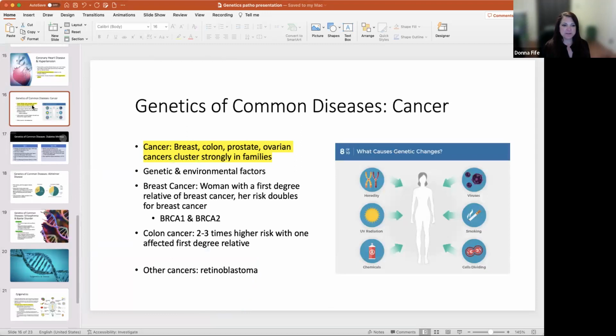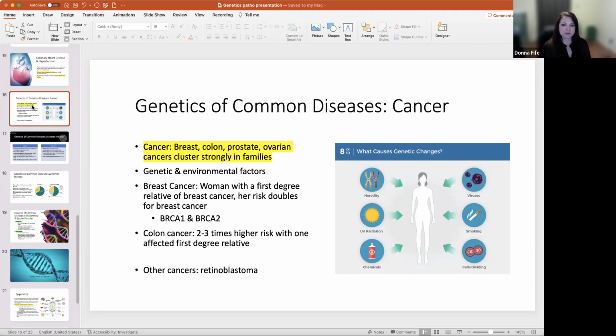Now, when we come to cancer, there are cancers that occur strongly in families. Some of those that occur more strongly in families are breast, colon, prostate, and ovarian cancers. There are genetic and environmental factors involved here. Breast cancer: a woman with a first-degree relative with breast cancer has a doubled risk for breast cancer. And that involves the BRCA1 and BRCA2